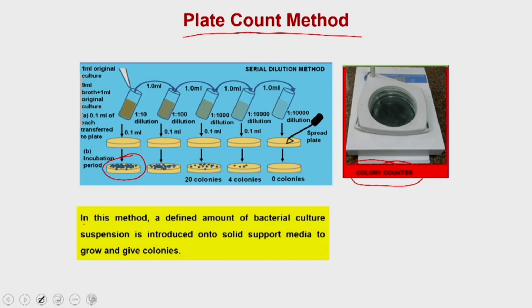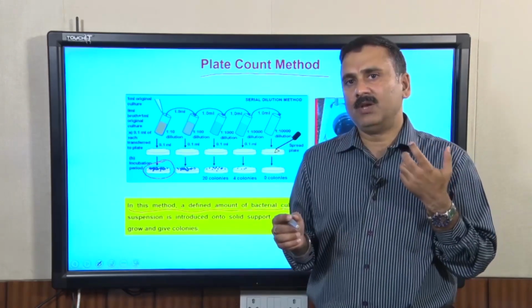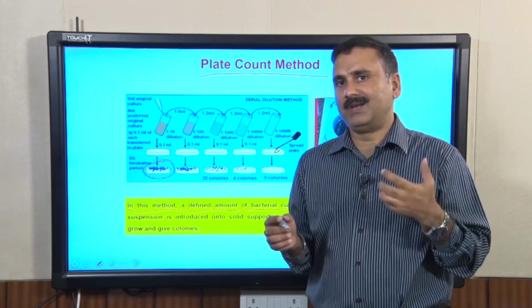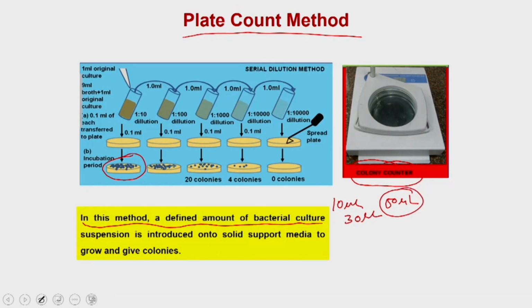In this method, you have a defined volume of bacterial culture. It could be 10 microliter, 30 microliter, or 50 microliter. There is no hard and fast rule that you cannot take any volume you like. It depends on the condition that the amount of bacteria you plate should give you a sufficient number of colonies, so that your counting is statistically significant. If it is too low, you can go for higher volumes. If it is too high, you can go to a lower volume, or you can do a serial dilution